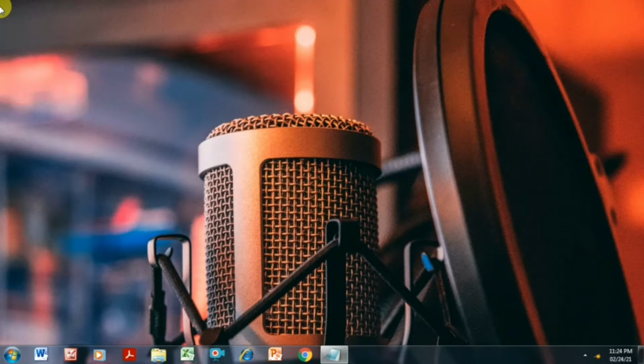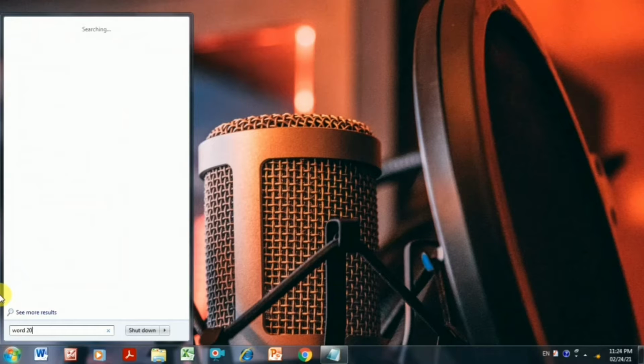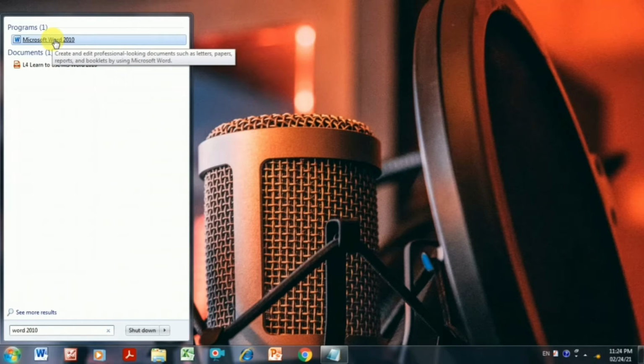Before proceeding, we will know how you can open Microsoft Office, that is Microsoft Word 2010, in your computer and laptop. First, you need to click on the Start button. Where is the Start button? It is below at the bottom towards the left hand side. Click on this. You will see the search text box. Here you can write Word 2010. See, I have clicked on Word 2010 and it just checks the dialog box. You will see Microsoft Word 2010. If you click on Microsoft Word 2010, automatically it will go to the Microsoft Word page. This is one method by which you can open Microsoft Word.